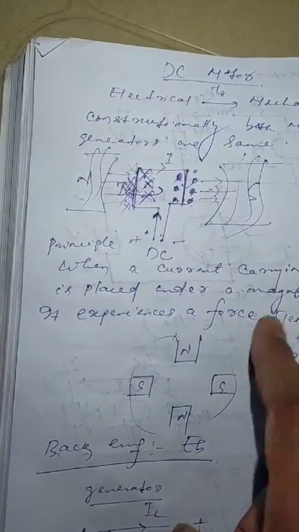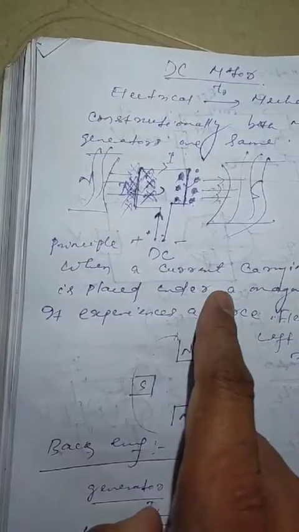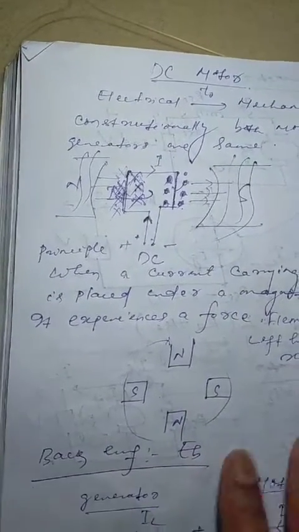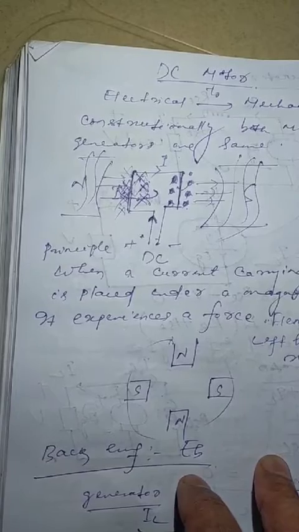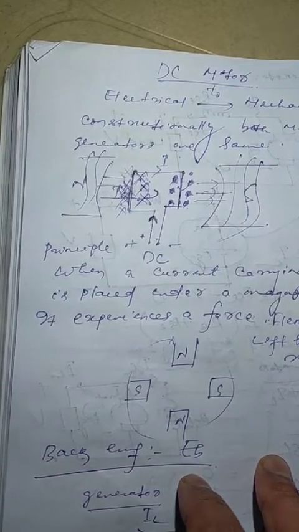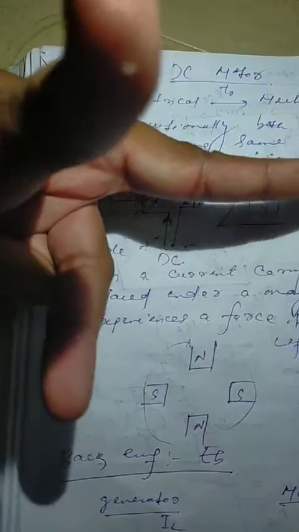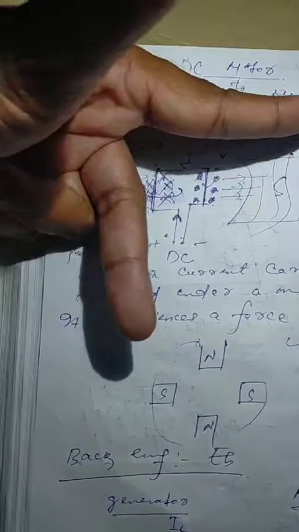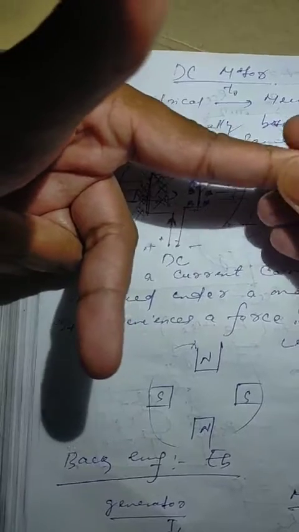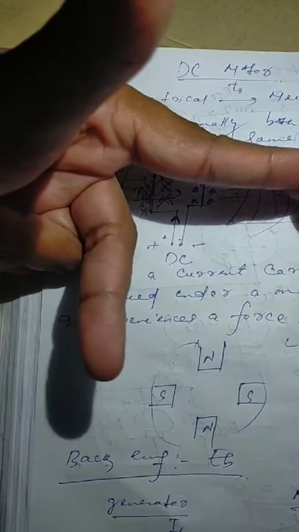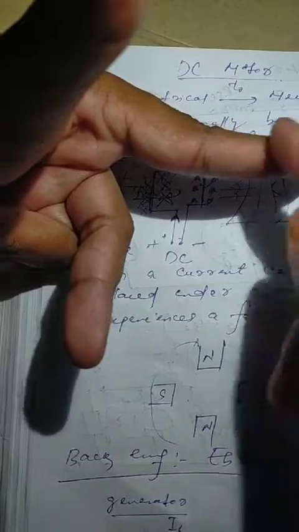Actually, how this rule will be applied, as all of you know, whenever a current carrying conductor is placed inside a magnetic field, a force is experienced on that particular conductor. So how Fleming's left hand rule will be acting here, you can just see. Now so far as Fleming's left hand rule is concerned, this one is the direction of thumb, this one is the direction of middle finger, and you can see this particular forefinger is directed in this way. This is the direction of magnetic field.